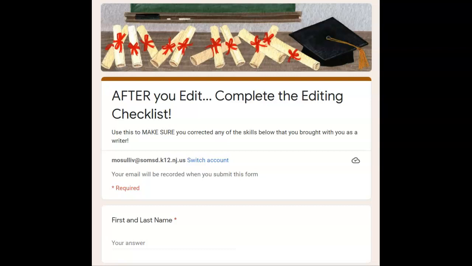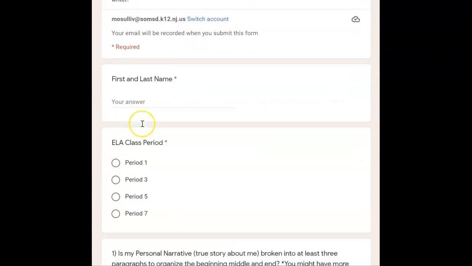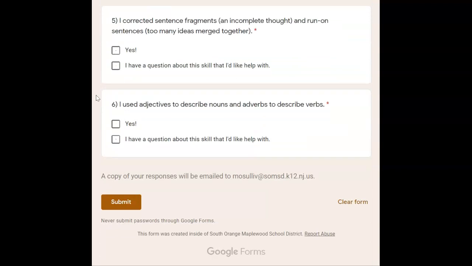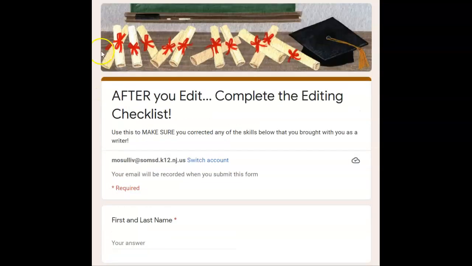So we're going to go ahead and pause now so that you can read through the checklist, look over your narrative, correct any of these things that you don't see corrected, and fill out this Google form. Go ahead and pause here. We are currently paused to be using our editing checklist to correct errors when it comes to spelling, punctuation marks, and grammar. Things that we already knew from 5th grade.